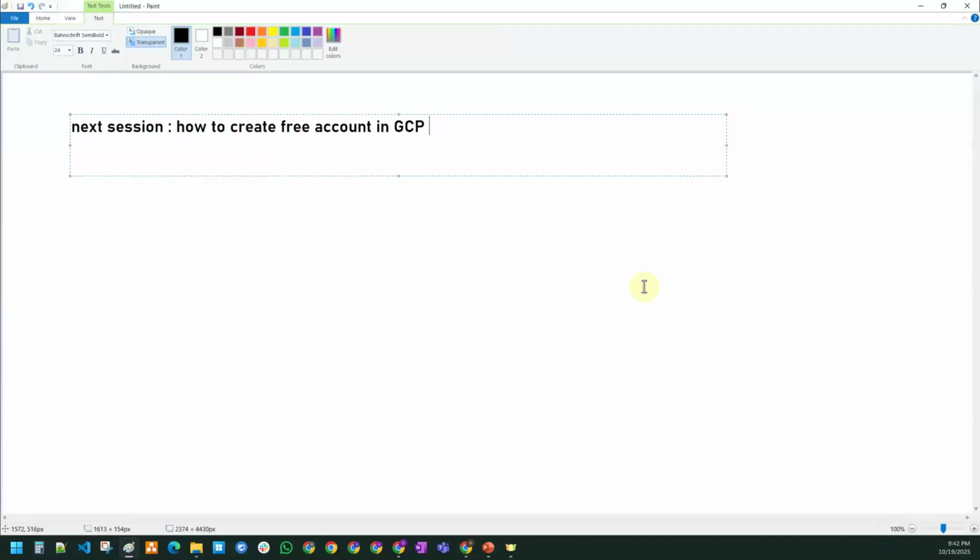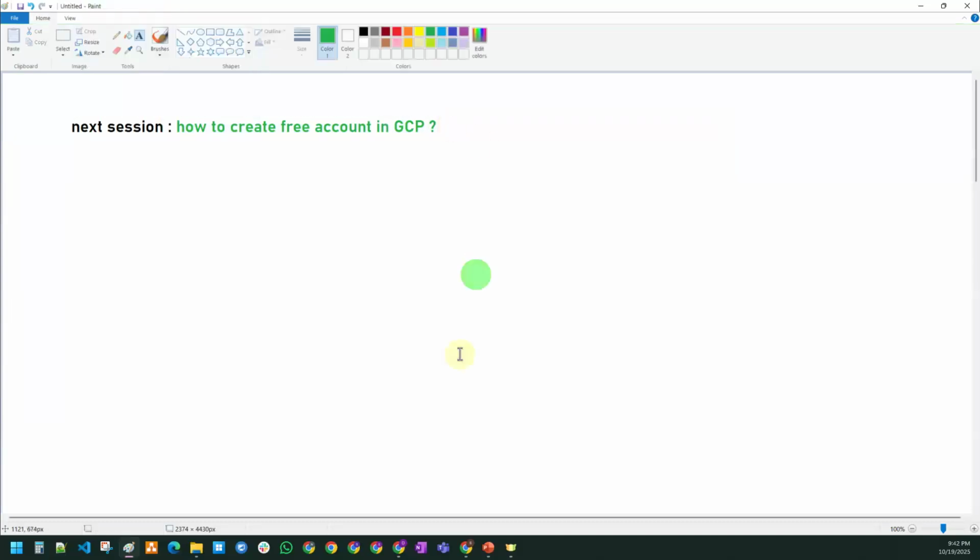For now, how the GCP interface looks like and how to interact with those services, we are going to talk about today.